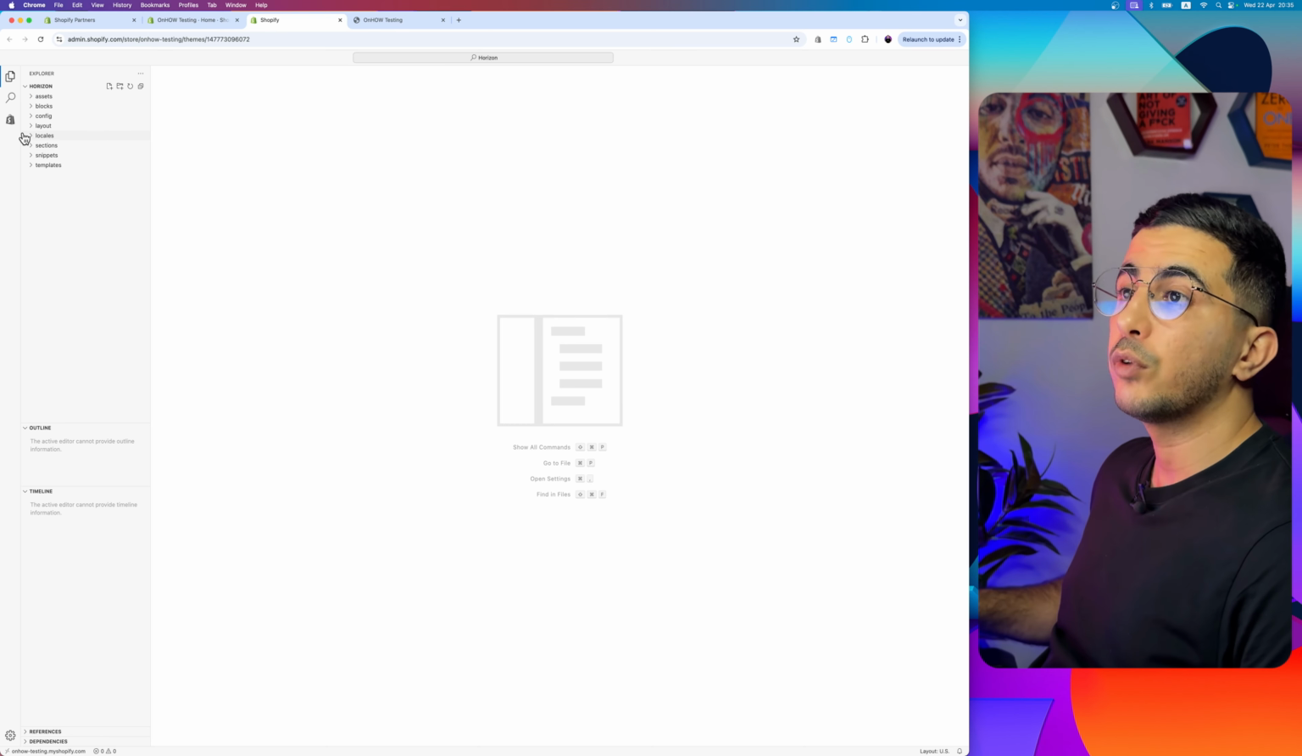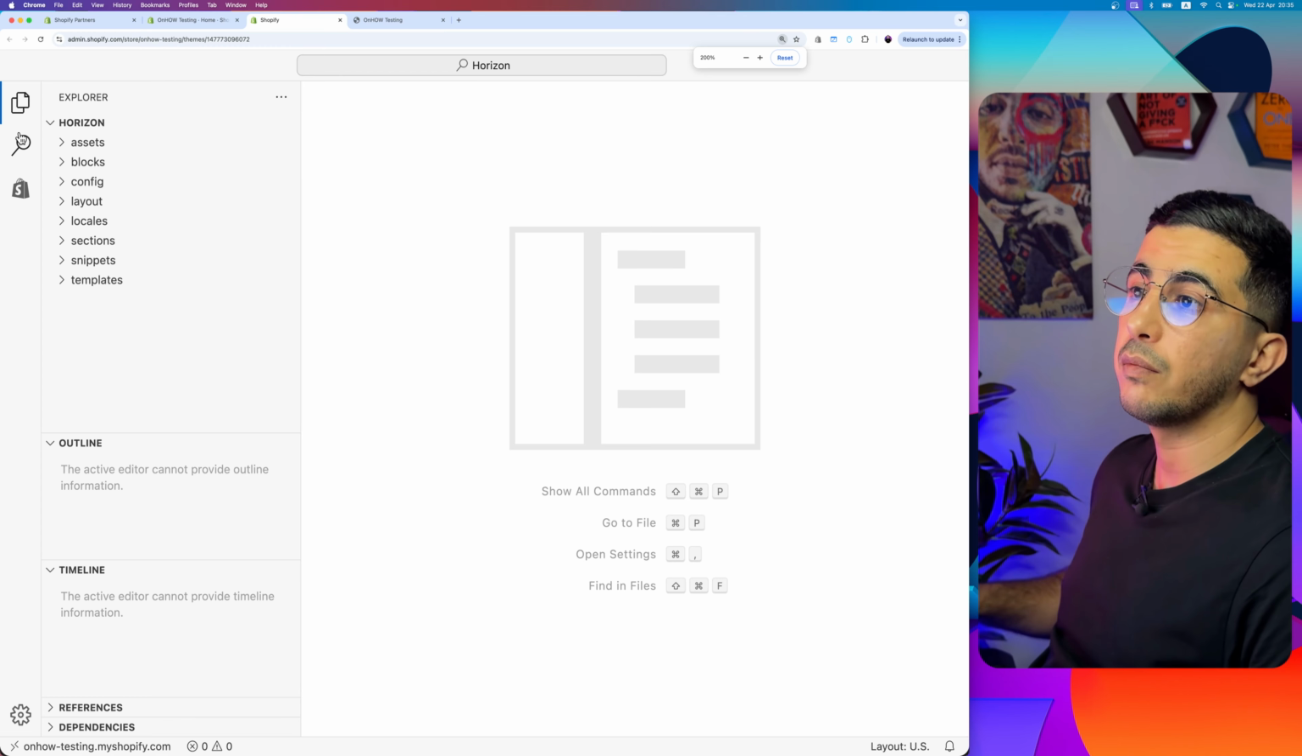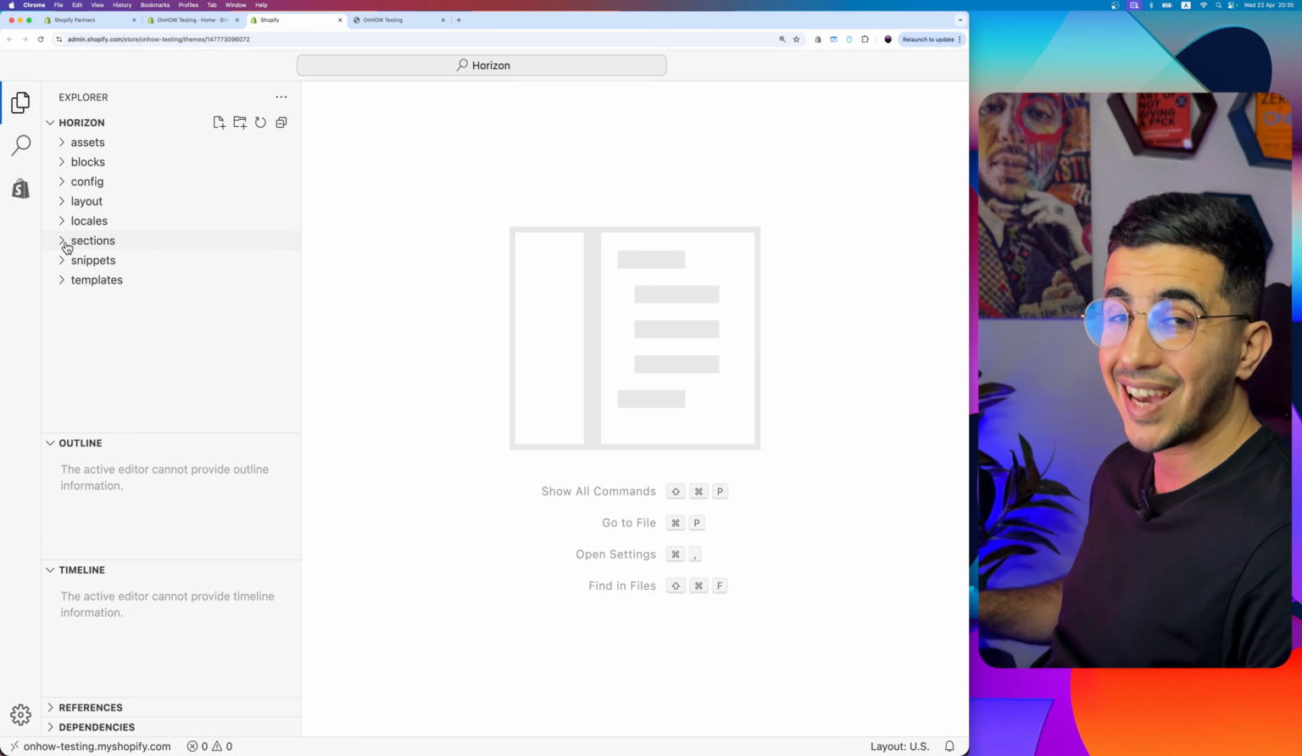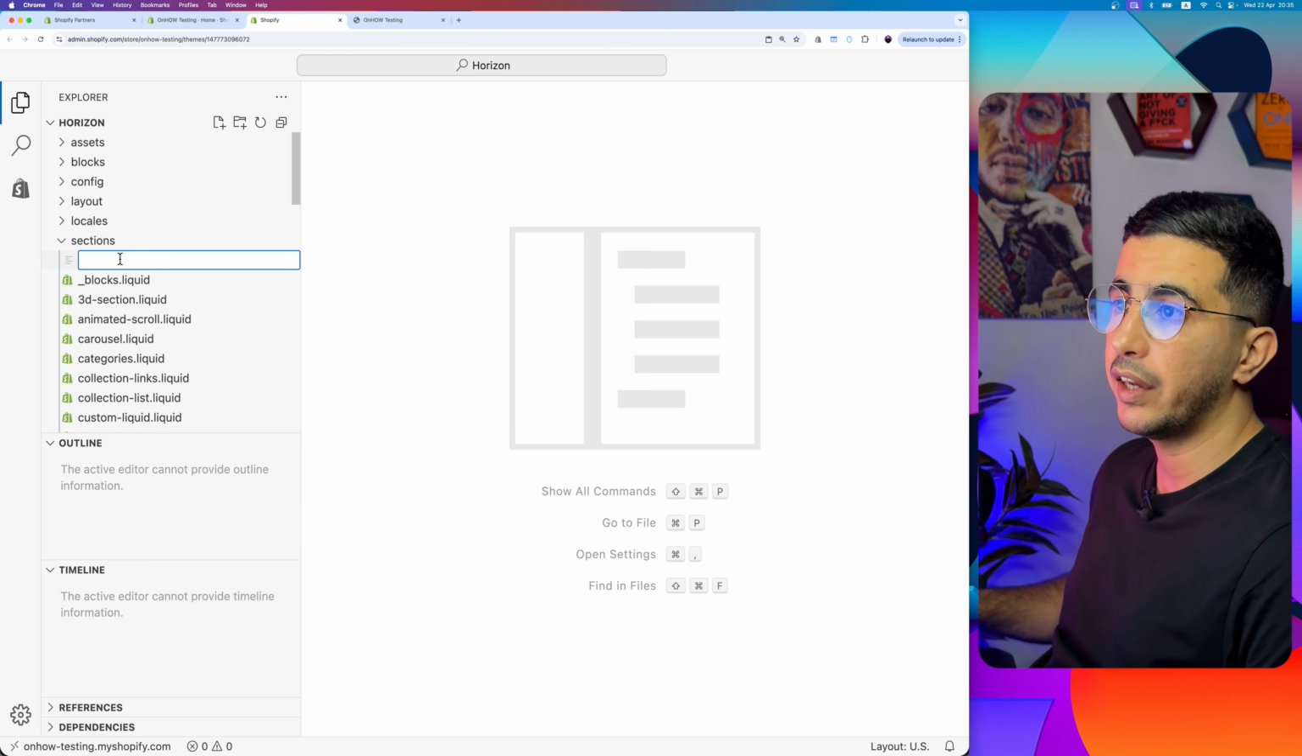Then it will open up the code editor on your Shopify store. After that, on the left panel right here, you will see some folders, the one that says sections. Simply click on it to expand it. Then right click on the folder name, which is sections, click on new file and simply name it